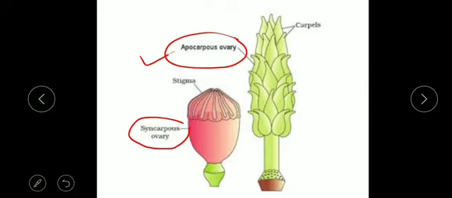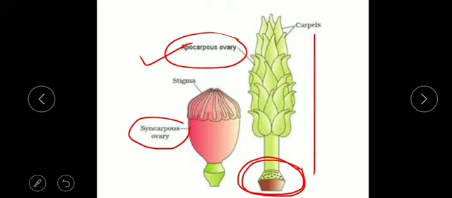The apocarpous ovary or apocarpous gynoecium means the gynoecium consists of two or more carpels, and all of them are free. The number of ovaries is many, two or more, and in such ovaries the locule is only one, the unilocular condition. At maturity these ovaries will form fruitlets, an aggregate fruit, like custard apple, but this is the example of the Michelia gynoecium. Okay, so this is about the apocarpous ovary.